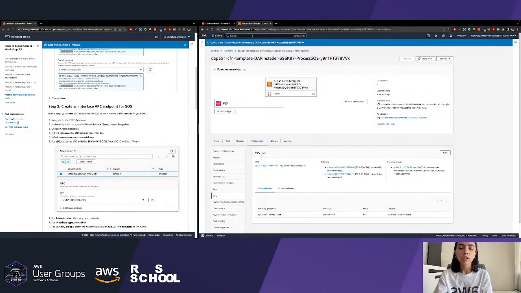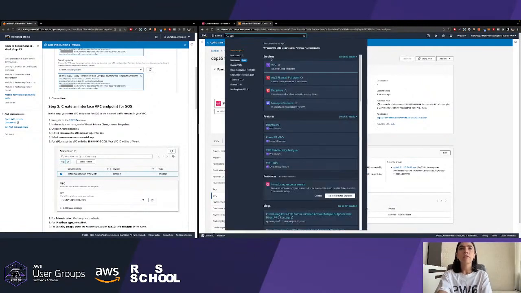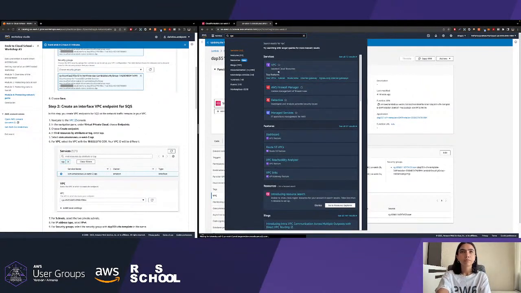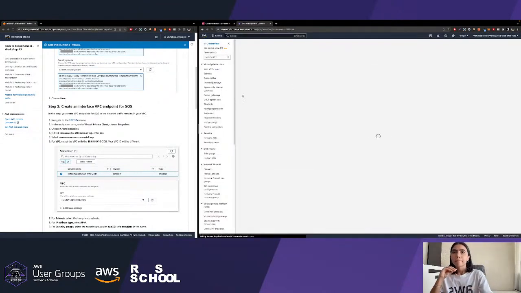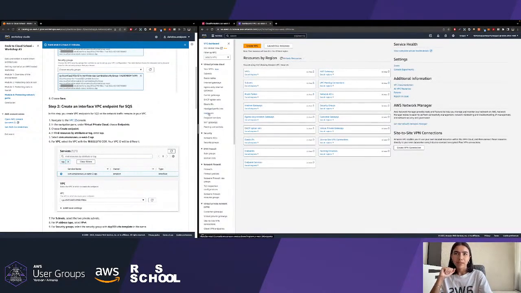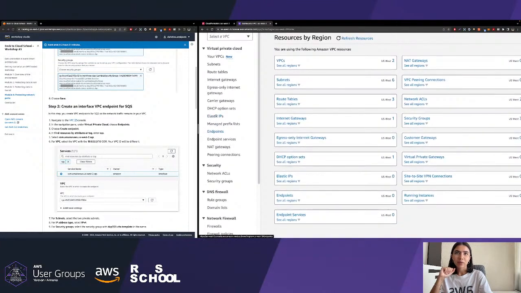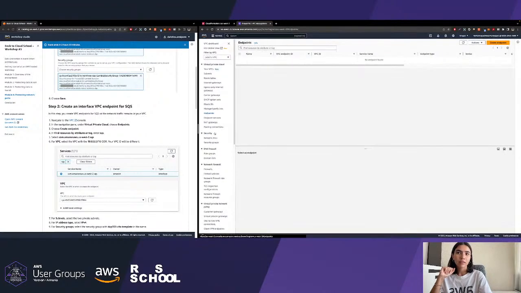For that, we need to go to the VPC itself. And as you can see, we have VPC endpoints. In the part of virtual private cloud, we have endpoints. Hit that button. We have nothing created.